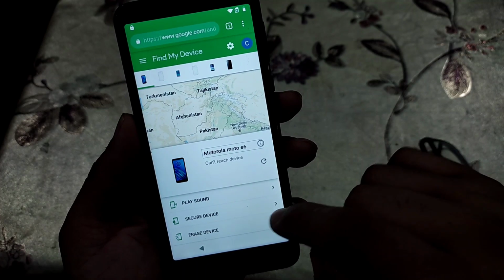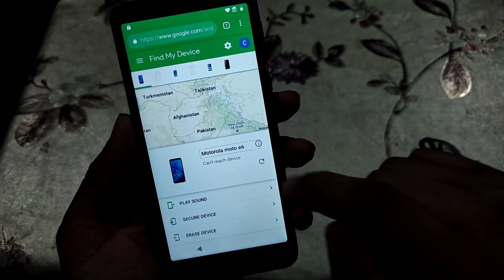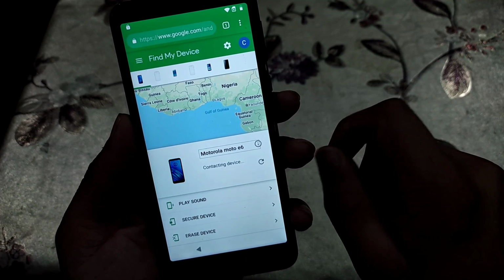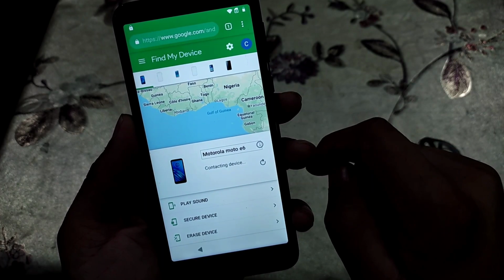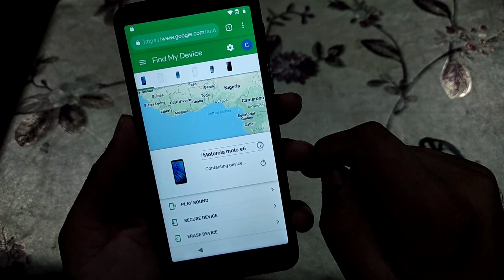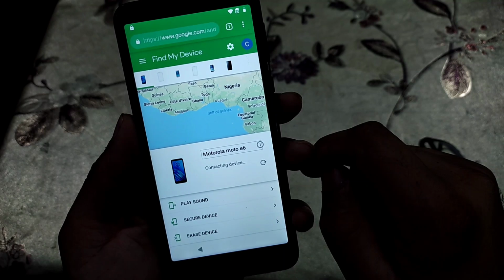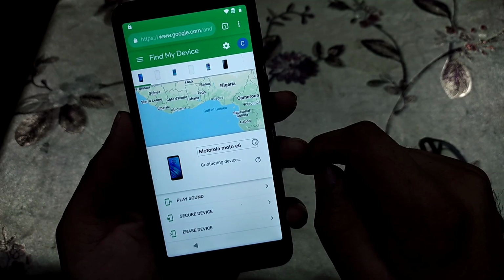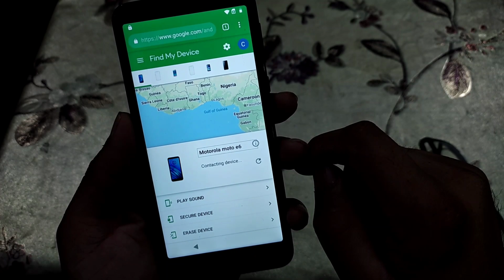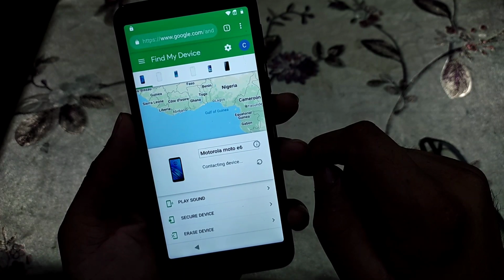Just refresh it. So I click on refresh. It's also connecting device. Sometimes it takes time to ask for a password, so you just refresh it and then try again. Just wait a little bit.